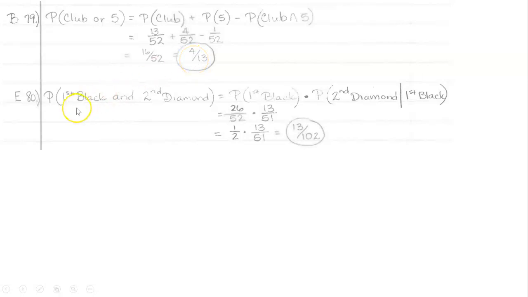Then 80 says 2 cards are drawn without replacement. Find the probability the first card is black and the second is a diamond. So that's the probability first is black times the probability second is a diamond given first is black. So there are 26 out of 52 black cards in the deck. The probability the second is a diamond, given there's a black card still laying on my desk without replacement, there's only 51 cards left to choose from, and all 13 of those diamonds are still available because they're red. I multiply and get 13 over 1